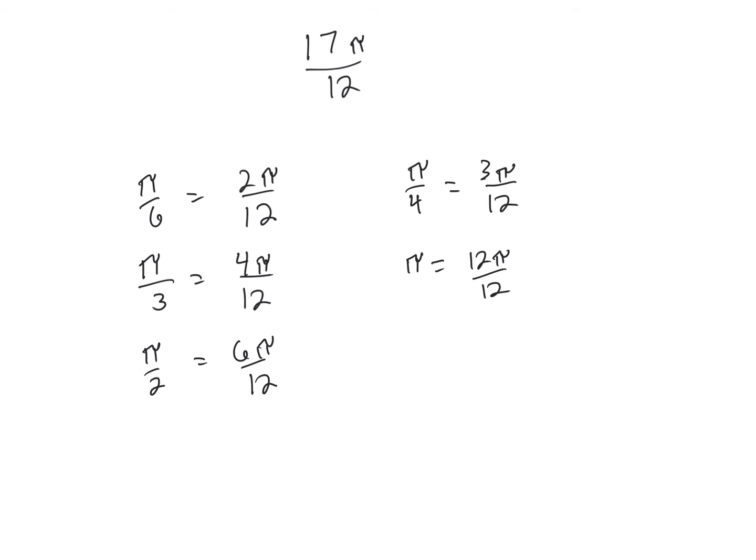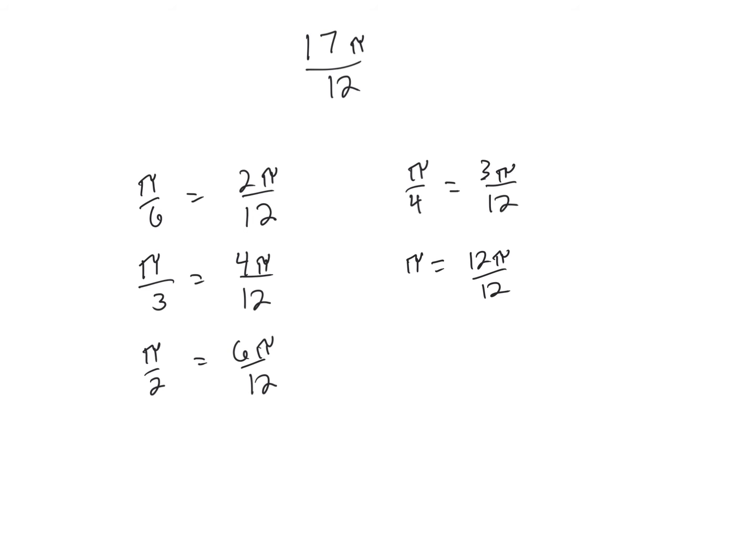So with all these numbers, how can I add to make 17? I see I have a 3 and a 4 that makes a 7, and then if I add a 6 and another 4, that adds up to 17. But that's a lot, right? I don't need to necessarily add all that. What if,